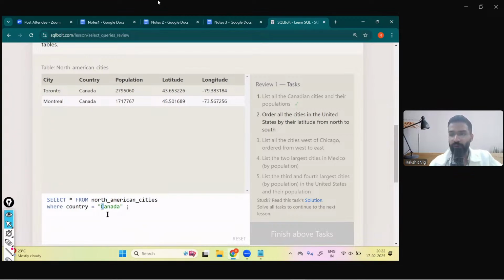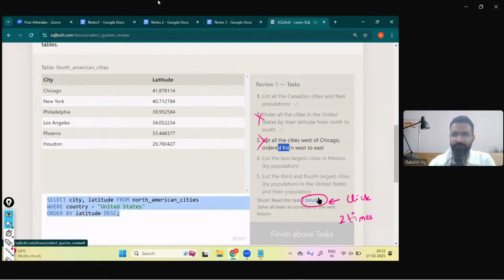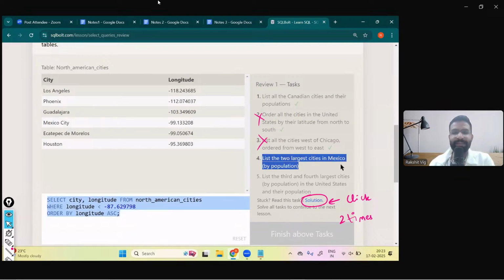And guys, we are going to ignore question number 2 and question number 3. We will skip them because they require some knowledge of latitude and longitude. So you can click on the solution button 2 times. Question number 2 and 3 will be ignored, and I don't think it is required at this point of time. So you can click on it 2 times and question number 4 will appear in front of you